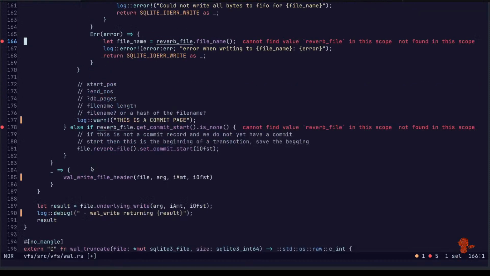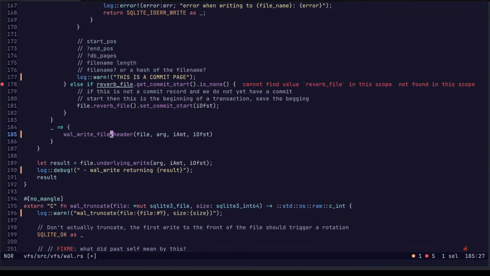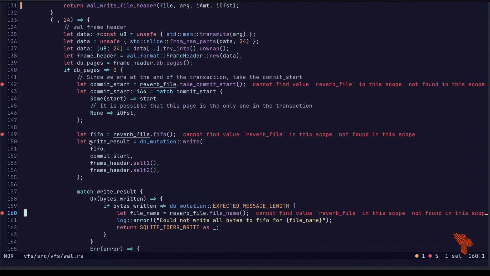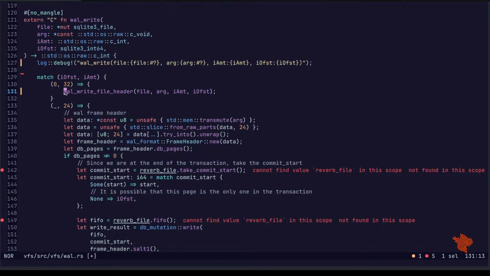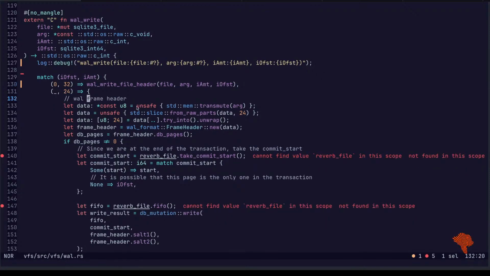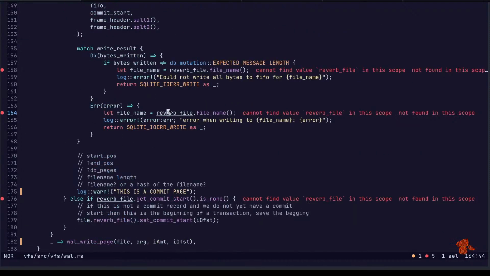Wall right page. Okay. Yeah, I think we're going to do that instead. We're not going to return. Each one is responsible for returning the right value. Okay. Now in this case,